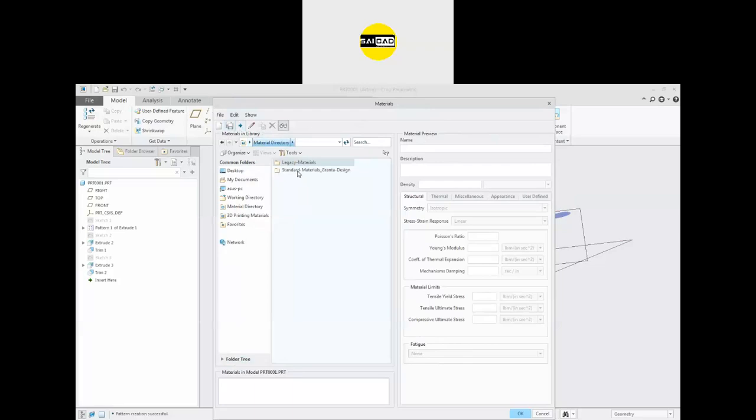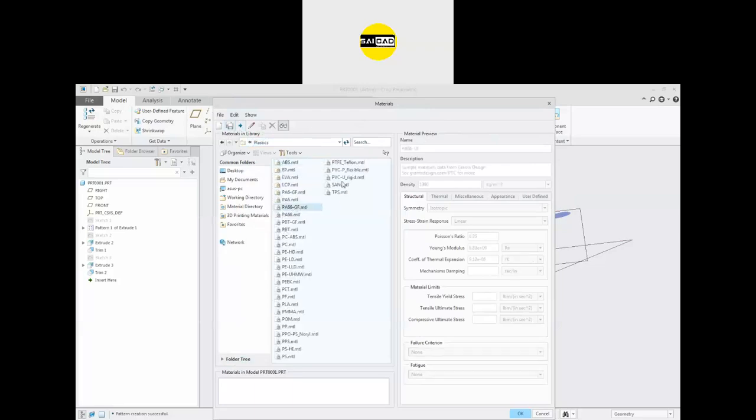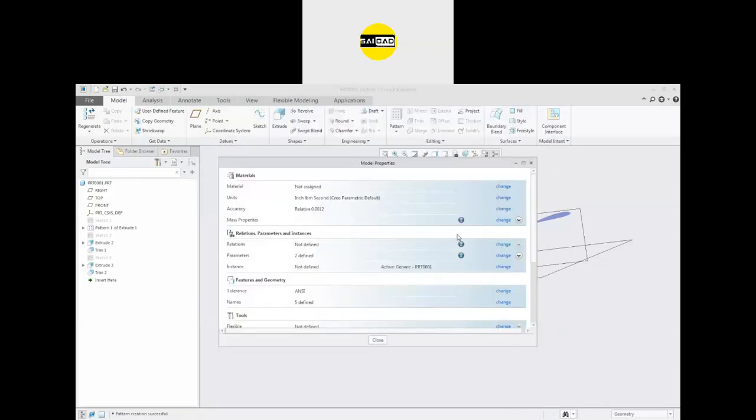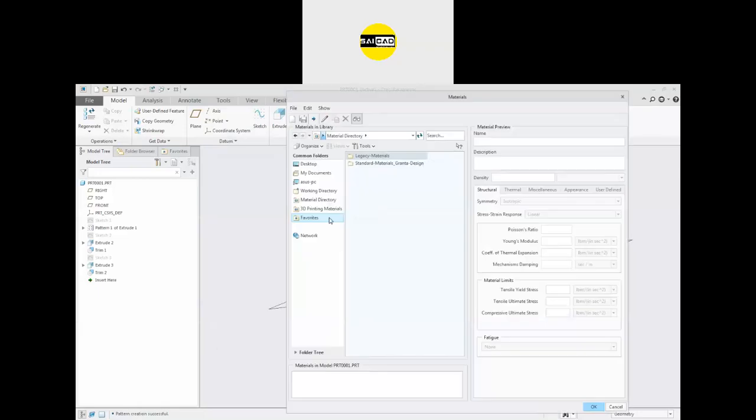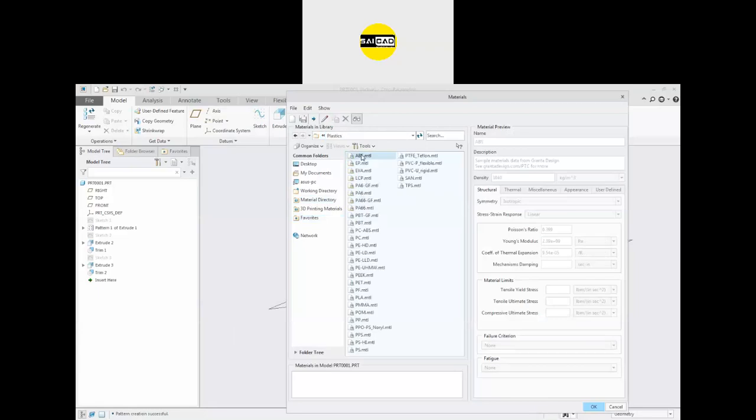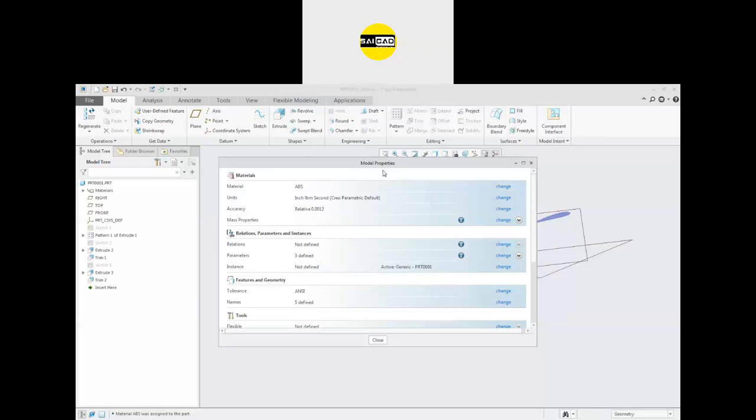Let's go to the standard material. Here we have the plastic. Now we need ABS. Okay. I have not applied that material. Plastic ABS, open. Okay. So now you can see the material is the ABS.